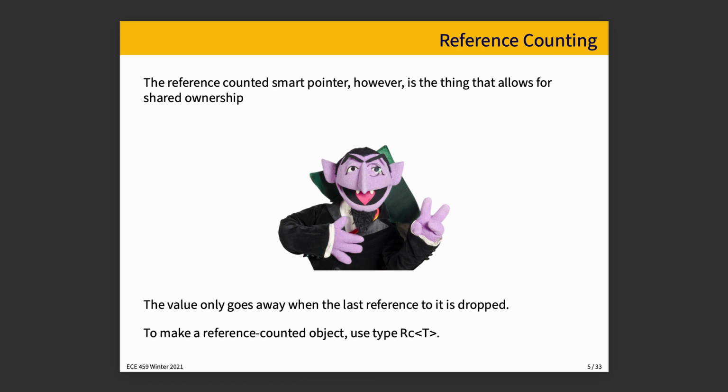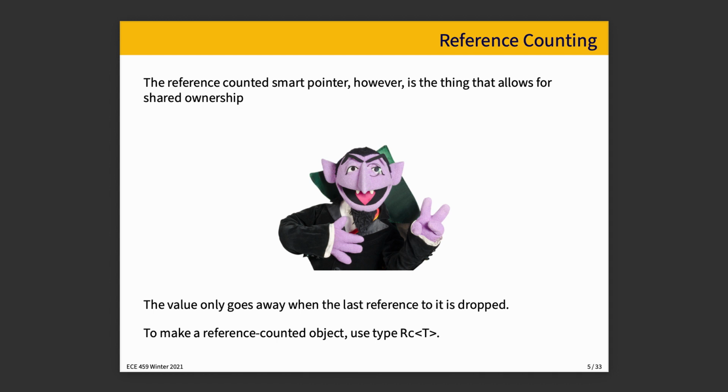However, in Java, anything can be a reference. Assign A equals B, and you've created a reference. In Rust, we have to be explicit when we want to create a reference-counted object, and use the type Rc, and it's generic, so it takes a type parameter, so you can have reference count of widget, and that would get the job done. So to make that, you instantiate that type to get an object,